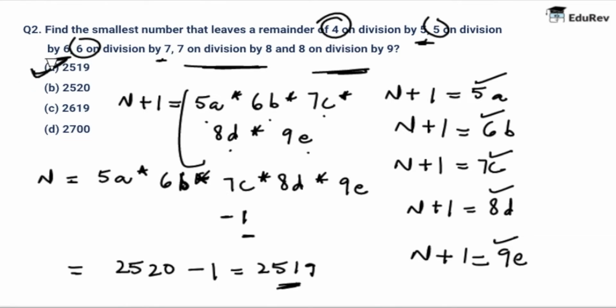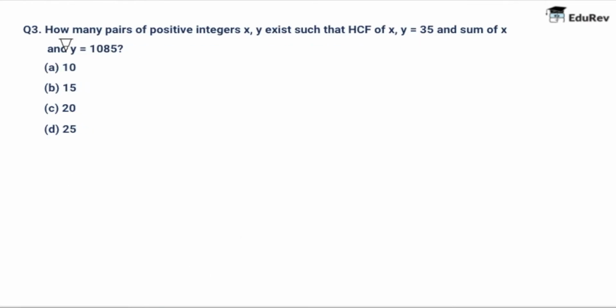2519. So it's going to be option number A, that is 2519. Let's move on to the third question and see what it states. The third question states: how many pairs of positive integers x and y exist such that the HCF of x and y is 35 and the sum of x and y is